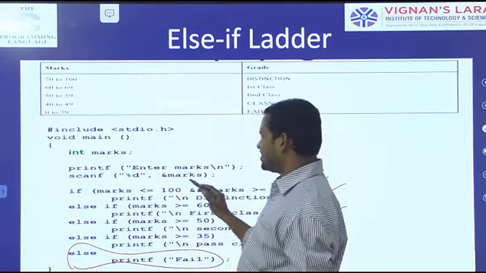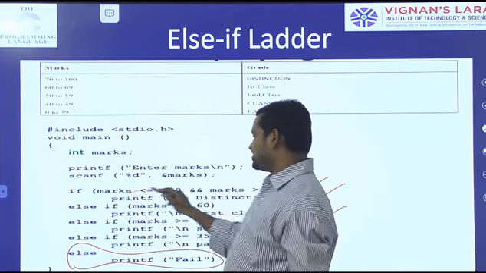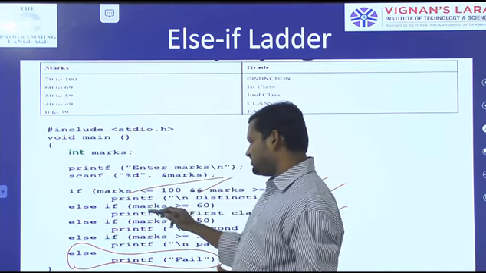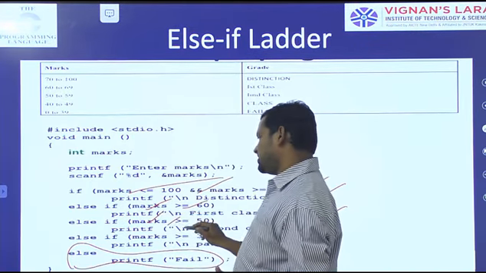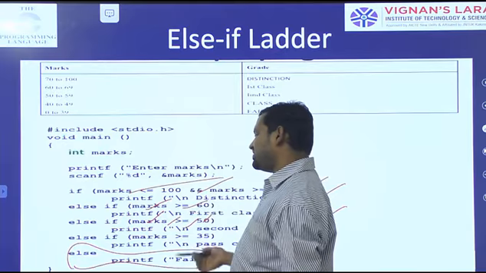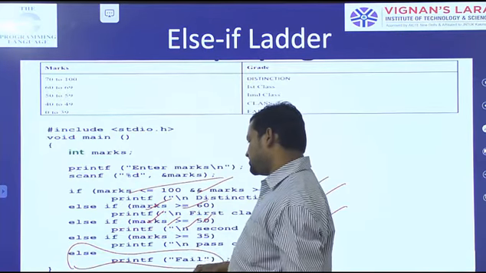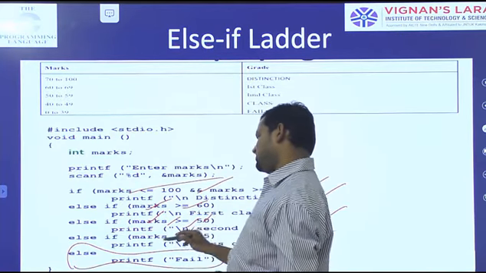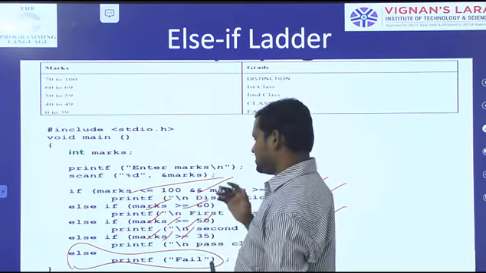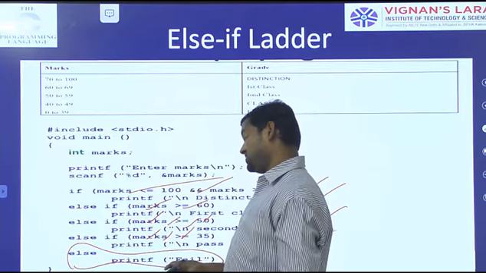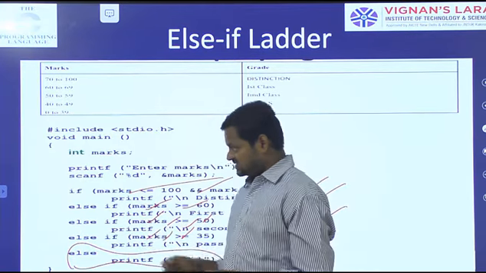If this condition fails, we check the next else if condition. If that fails, we check the next condition. If this also fails, it checks the last condition, that is called the else condition.